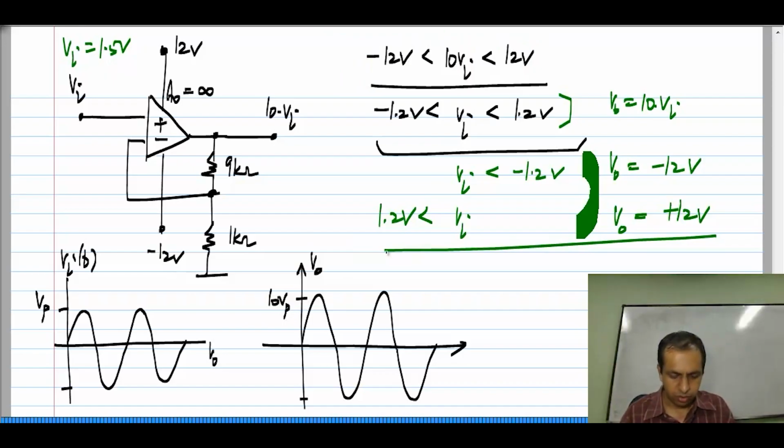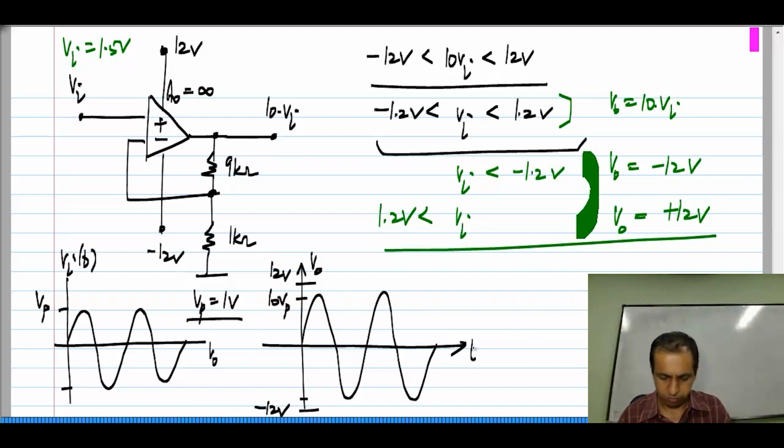Okay. So, let us say Vp is 1 volt, okay. Then this 10 times Vp is 10 volts, and the saturation limits are really at plus 12 volts and minus 12 volts. Okay. The signal swings safely between them, but instead